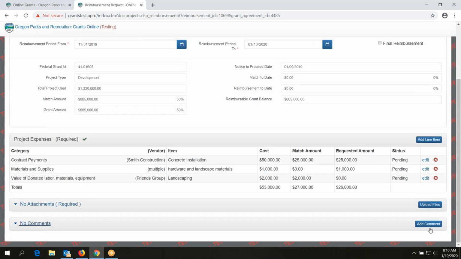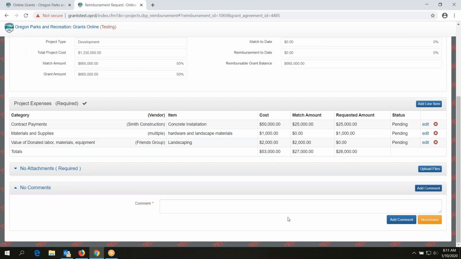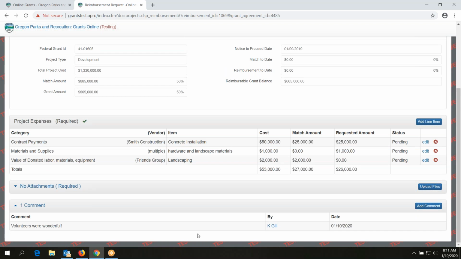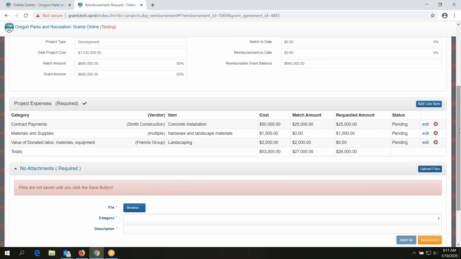You can add comments here to explain anything you want to explain. These are not required, but you click add comment. Volunteers were wonderful, contributed, I don't know, and then add comment. Okay, and then that appears here. So the last thing then to do is upload the files, and again, check your grant guidelines to figure out what's required here. You click upload files,